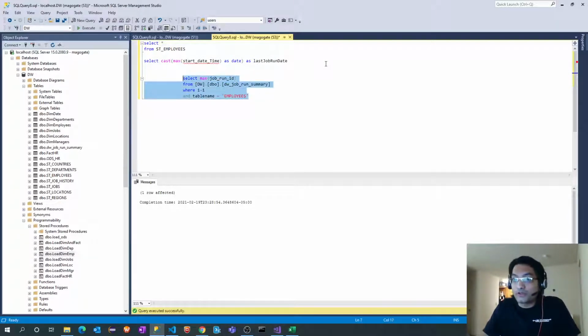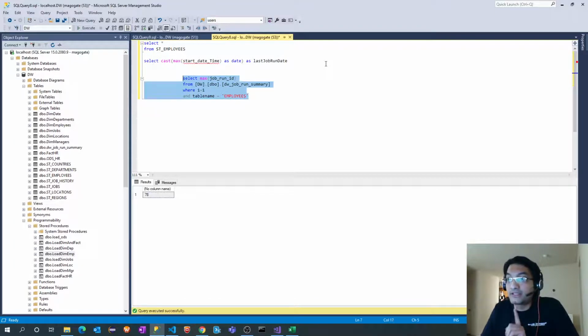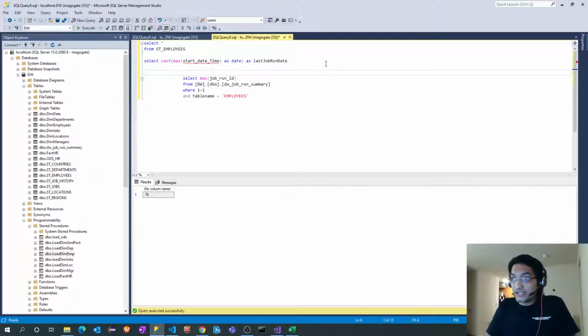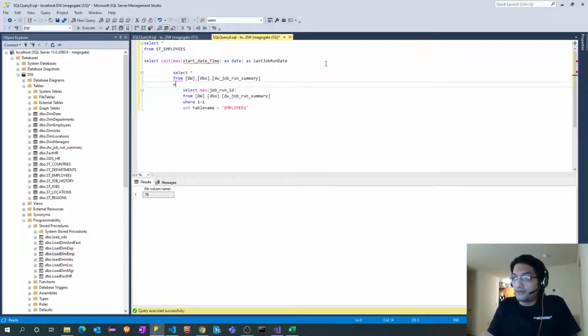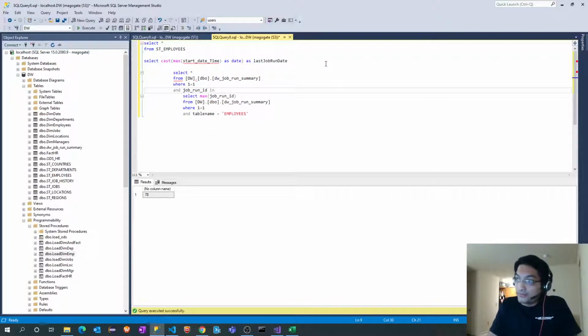So for the employees table, I am first deriving the maximum job run ID, and based on that job run ID, I am again using that in a select clause. So select star from the table where job run ID in my max job run ID for that particular table.